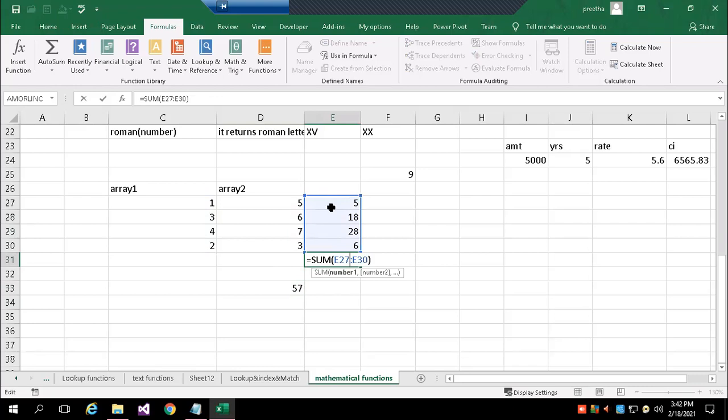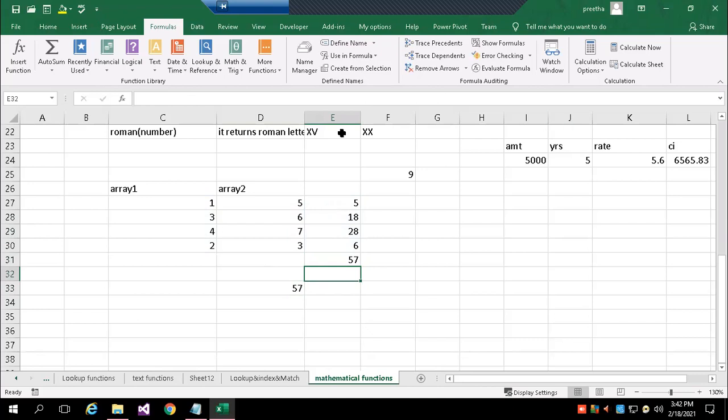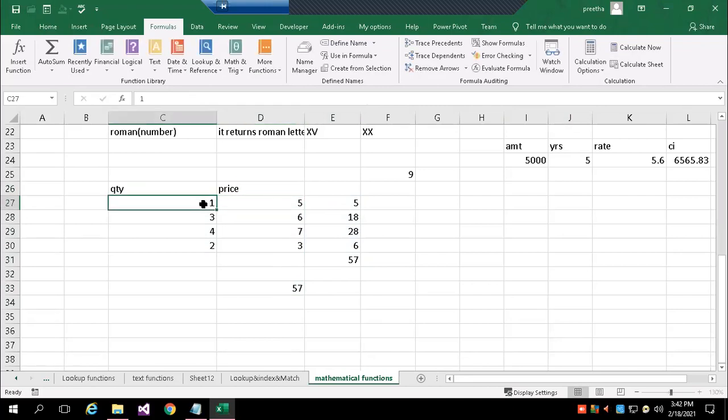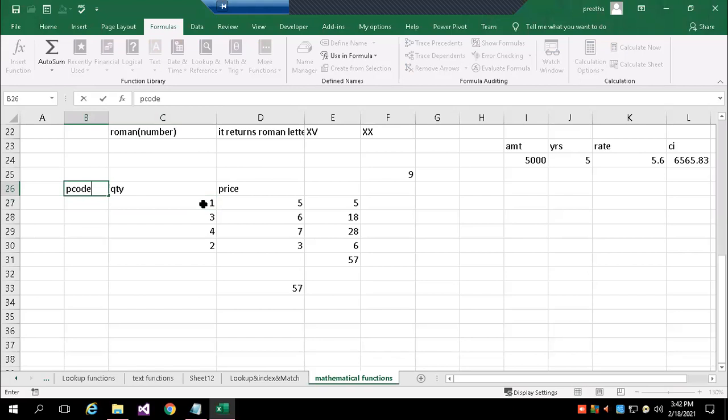Instead of doing this process, if you have to multiply the values in two columns and you want the total of that, for example, assume this is quantity and price of a product, and this is the product code. I'll enter some different codes.